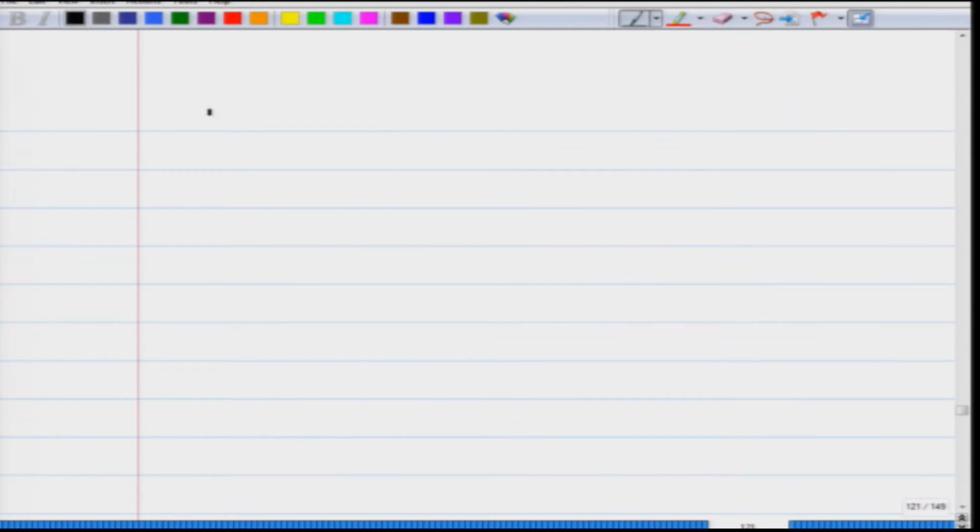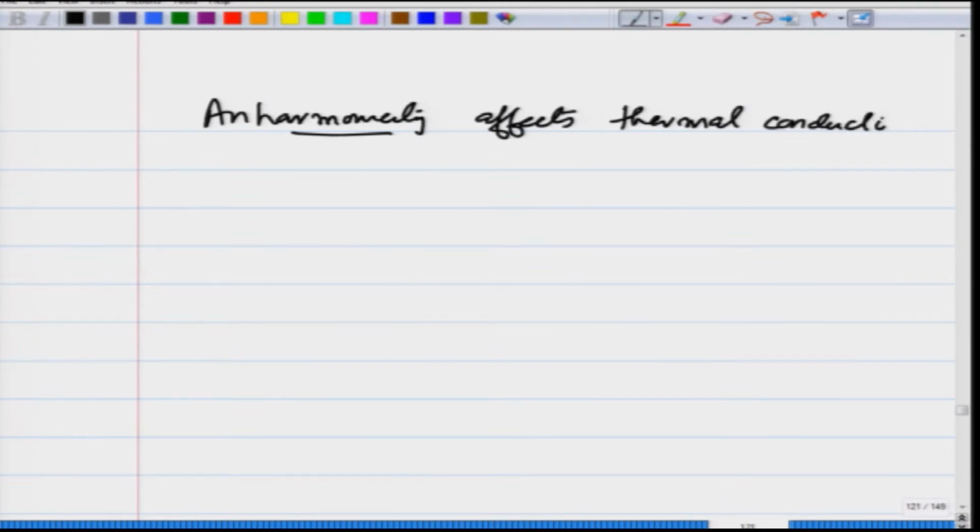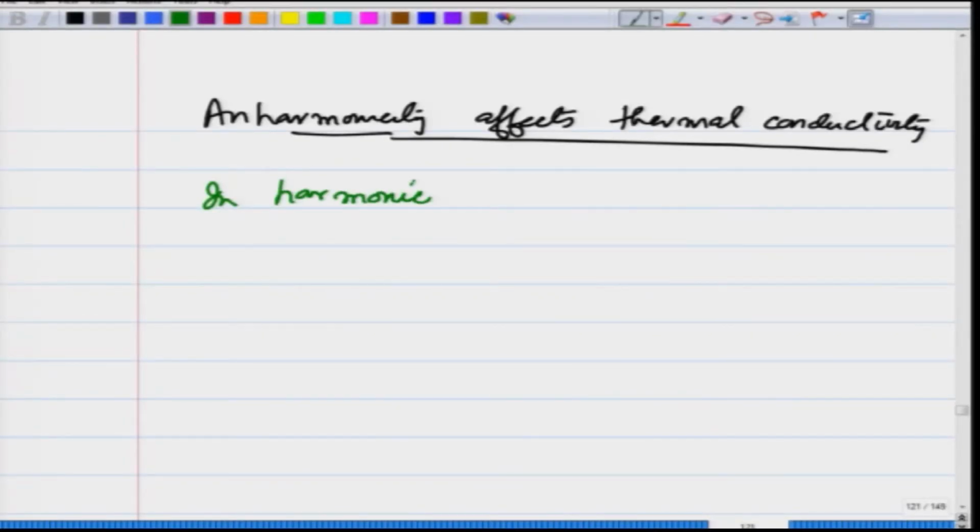Now, how does anharmonicity affect the thermal conductivity? Let us explore that. Suppose there are anharmonic terms, what will happen to phonons? Now, you see, if there are only harmonic terms, you have studied in your 12th grade, waves move around without interfering with each other. So, in harmonic approximation, when the crystal is taken to be a perfectly harmonic crystal, waves and therefore phonons